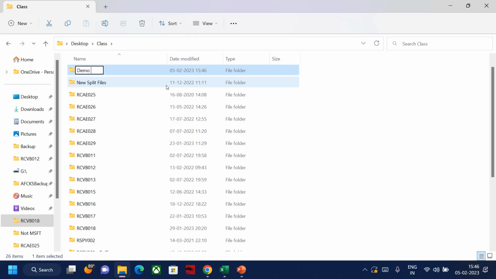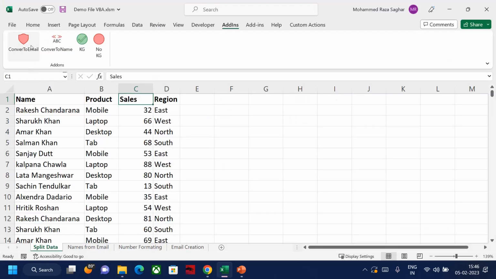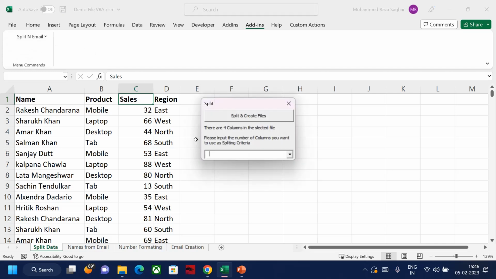So what we'll do is we'll save this split file into this folder, demo split. OK, I'm going to save it here. The folder I just created is empty, there's no hidden magic in it. So I'll go to add-ins here and I'm going to say split. OK, it is asking again. Interactive, you can create it right there. There are 4